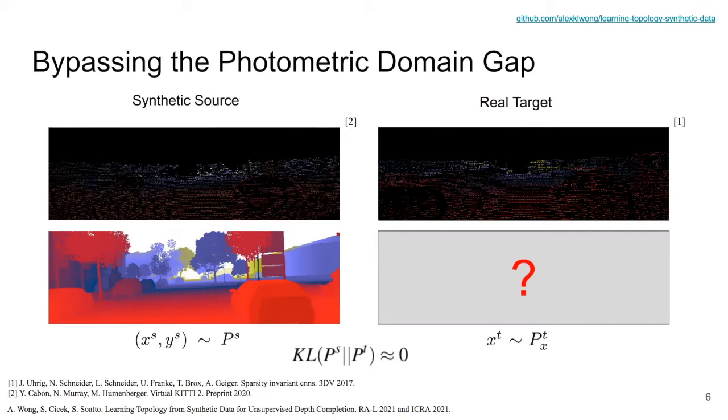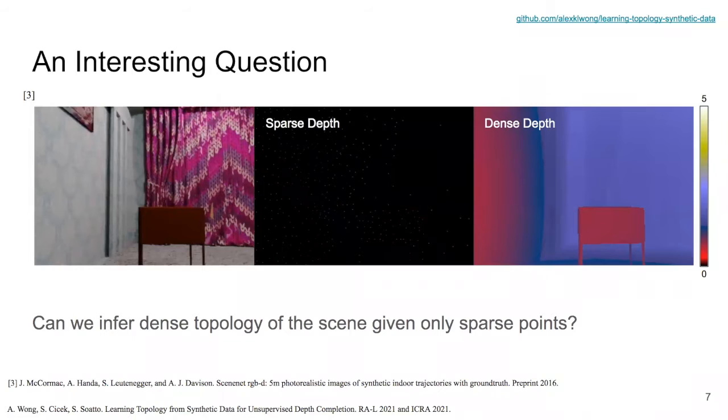So we can bypass the photometric domain gap altogether by learning the association not from photometry to geometry, or from images to shapes, which require a high-level understanding of the semantics of objects, but from sparse geometry, such as point clouds, to topology by using the abundance of synthetic data. And in doing so, we can bypass the synthetic to real domain gap without having to face concerns about covariate shift and domain adaptation. But can we learn to infer the dense topology of the scene given only a sparse